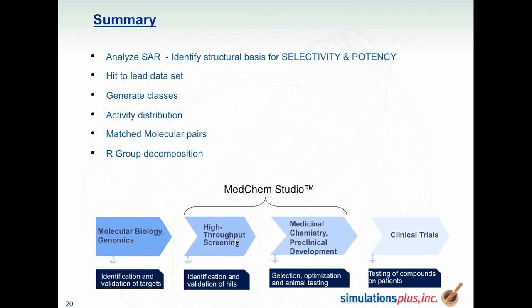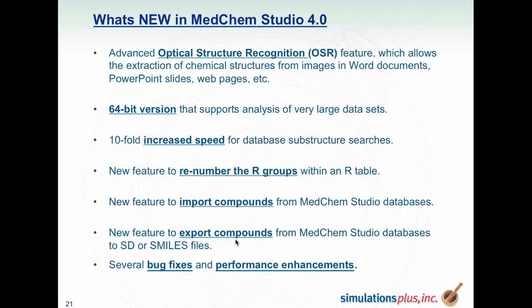So you've seen how you can analyze the structure-activity relationships in a hit-to-lead data set. You can generate classes, and you can study the activity distribution and also look at the matched molecular pairs and the R group decomposition. So these were just the very basic features in this program, but there is much more, and